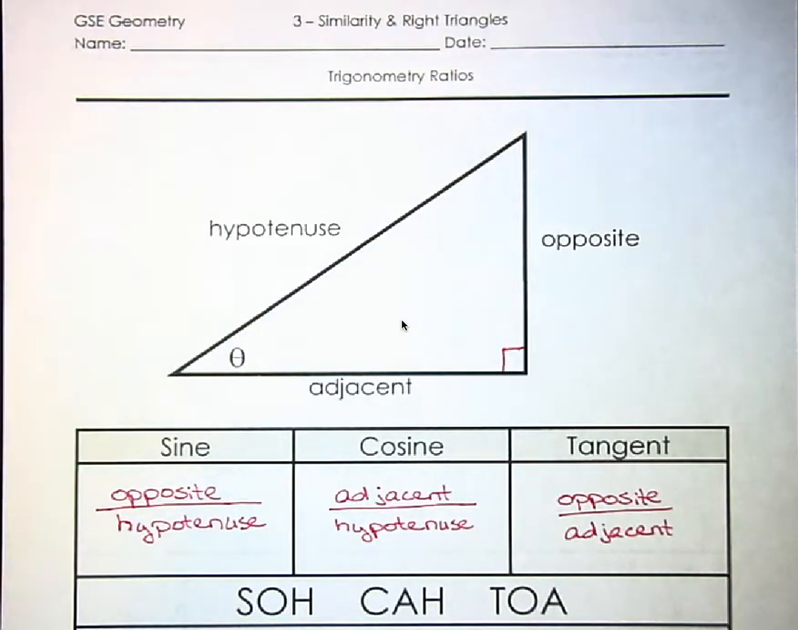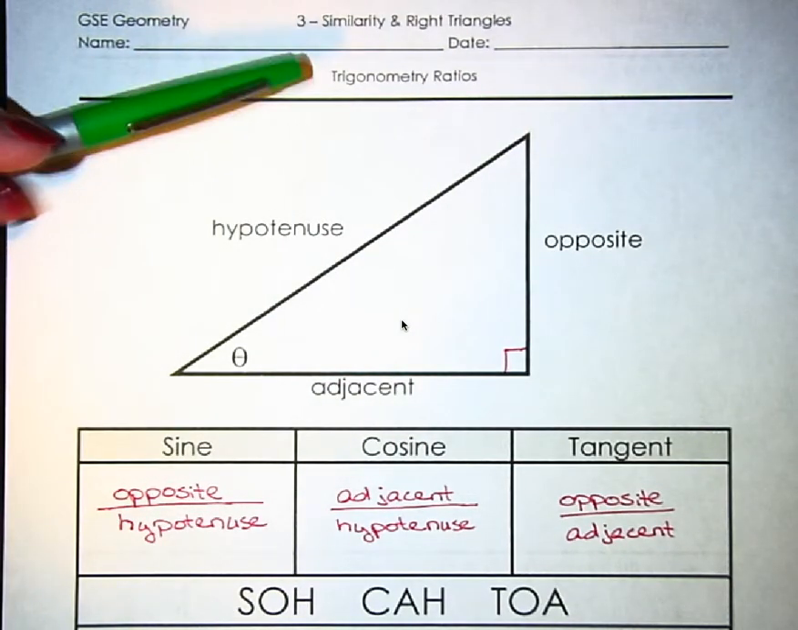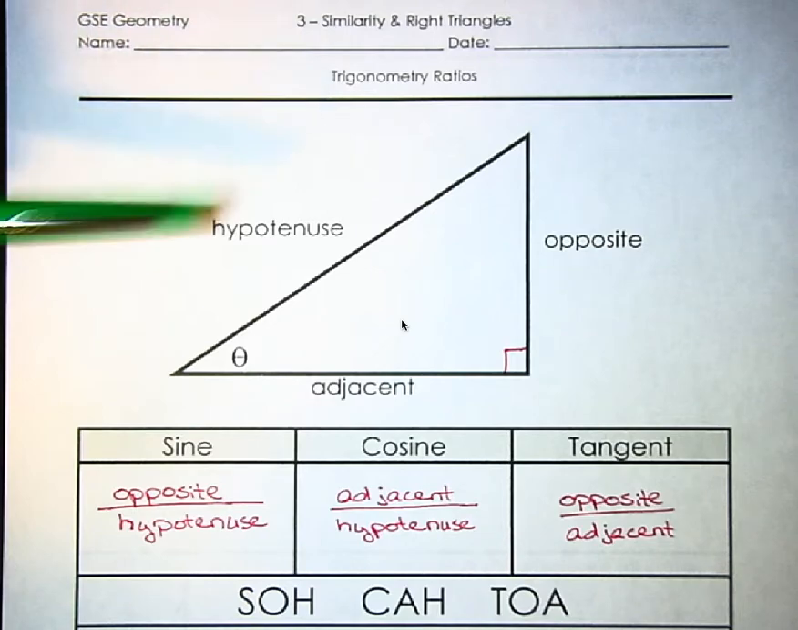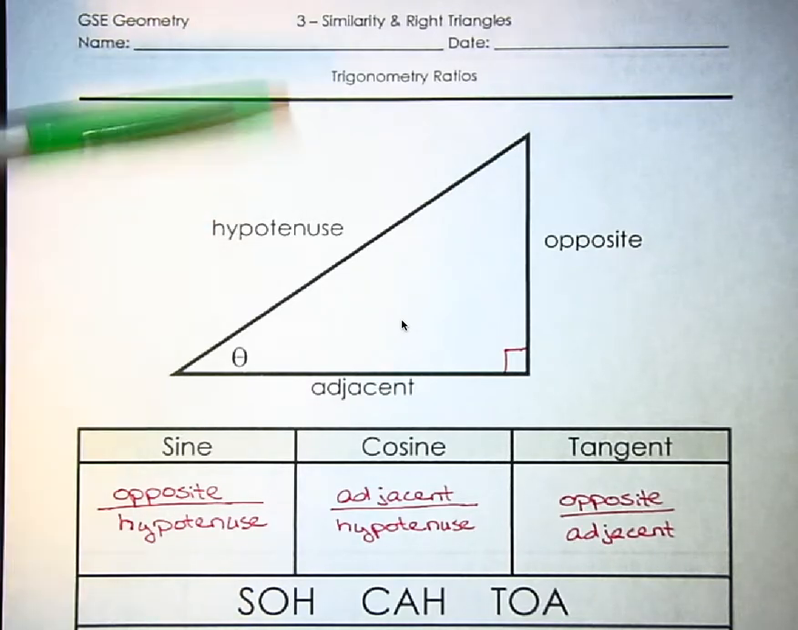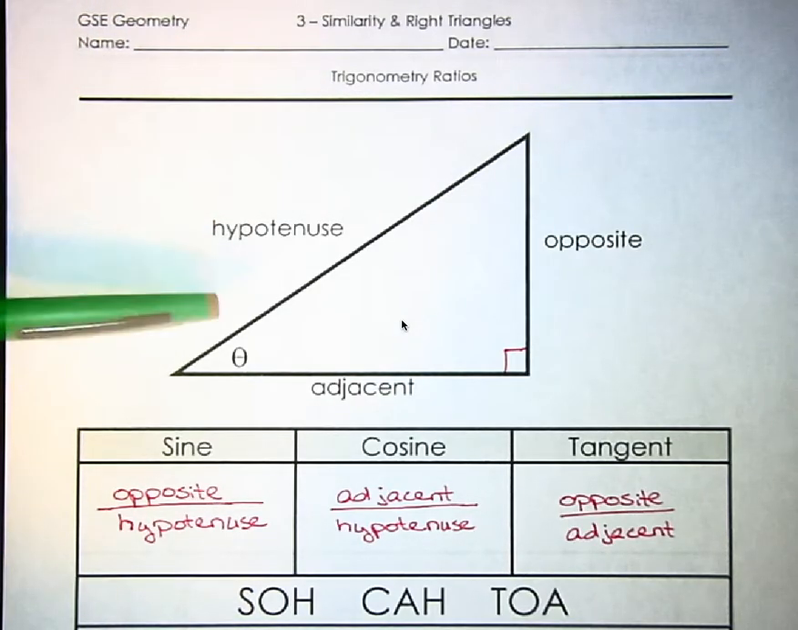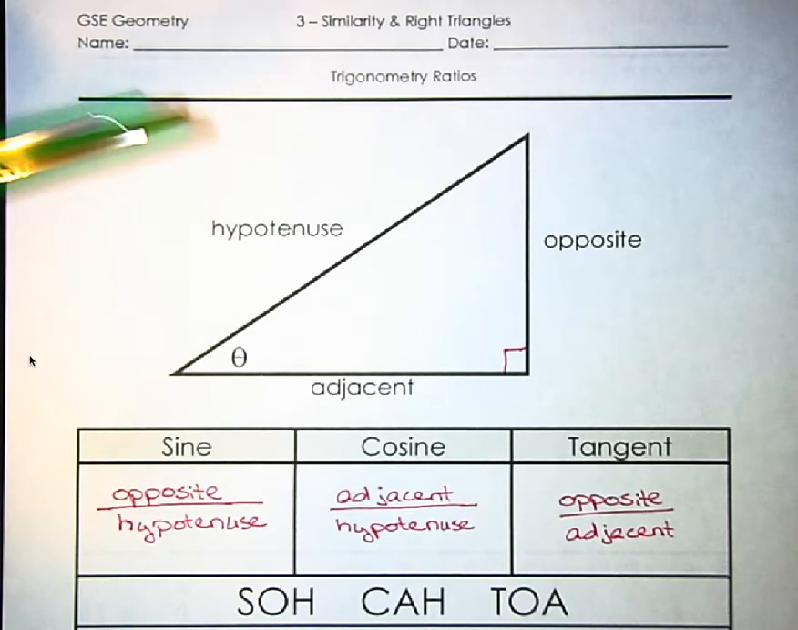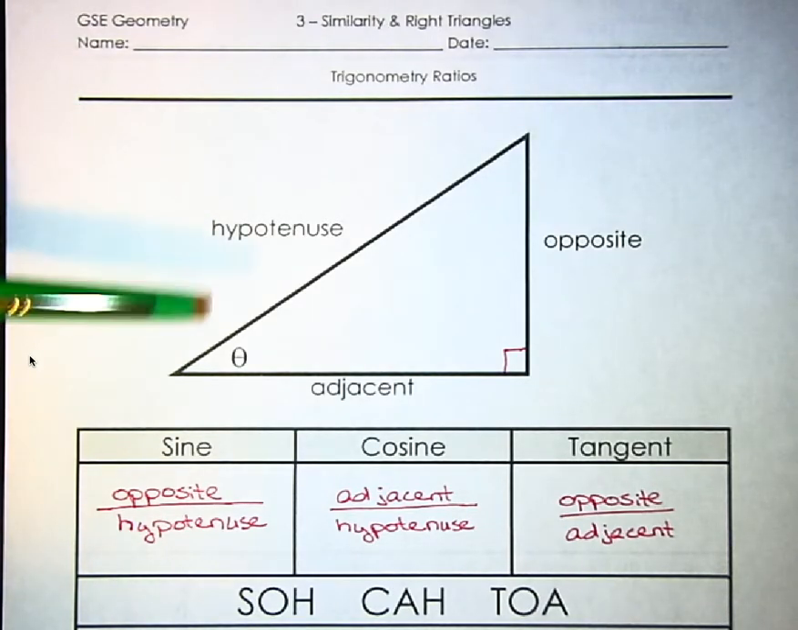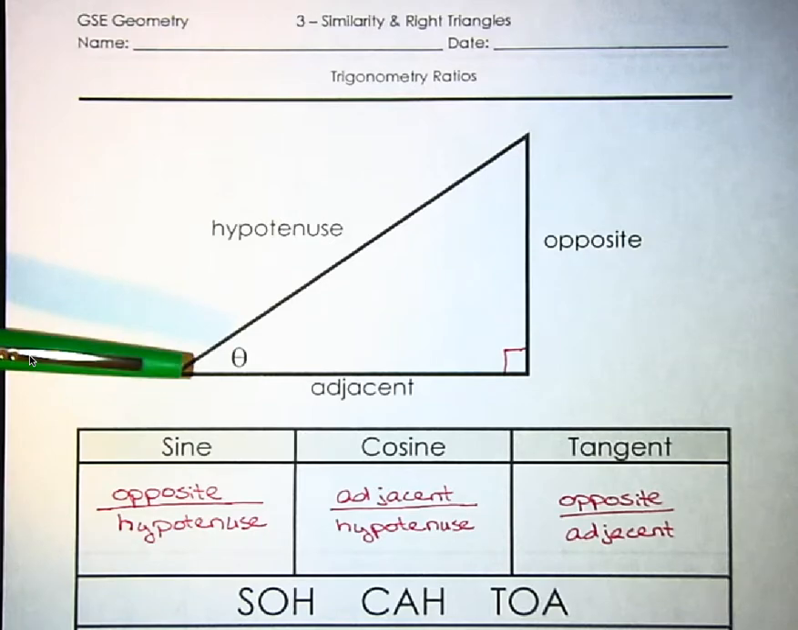Let's look at trigonometry ratios. What are they and how do we use them? So trigonometry ratios are ratios that we can use to find missing sides and angles in right triangles that are